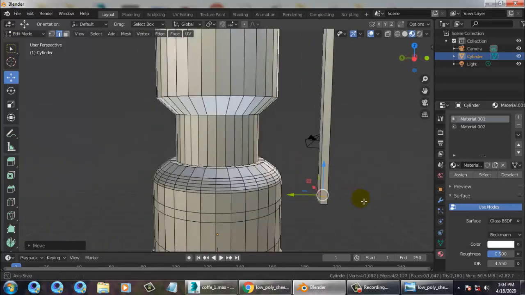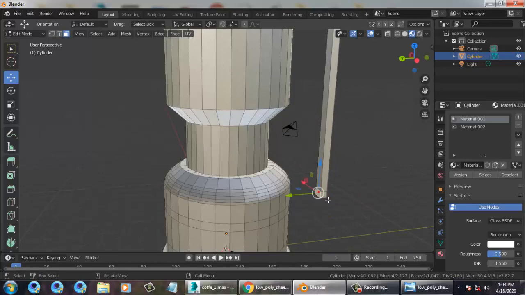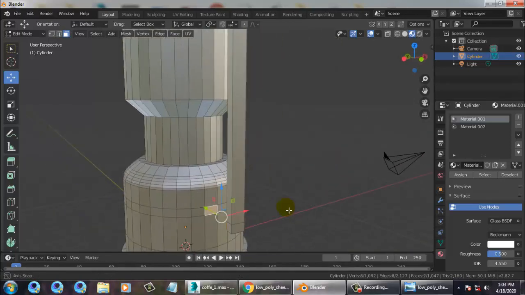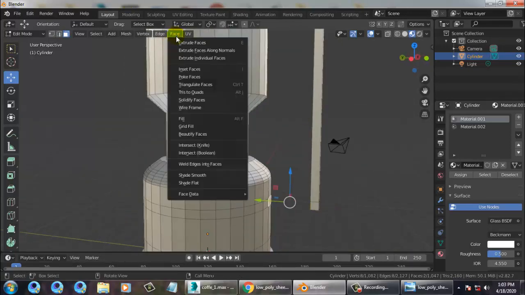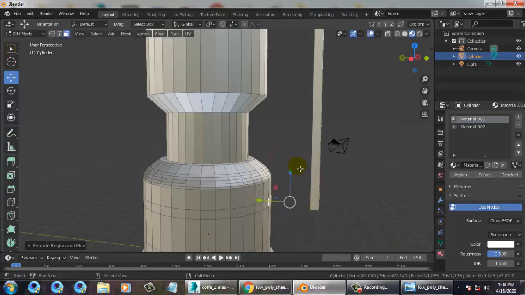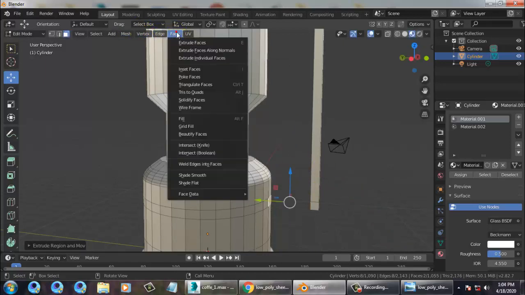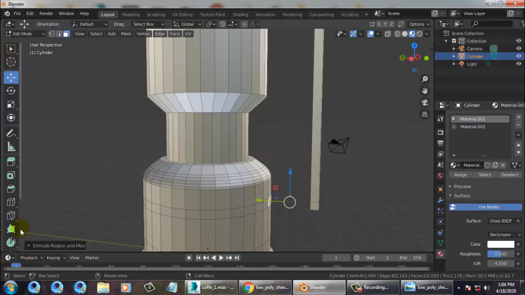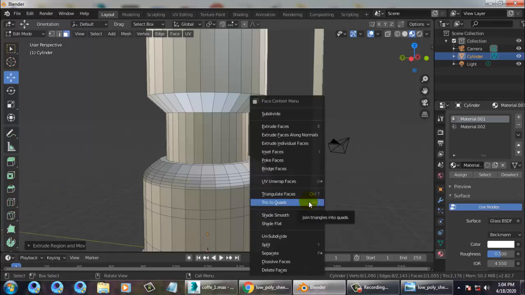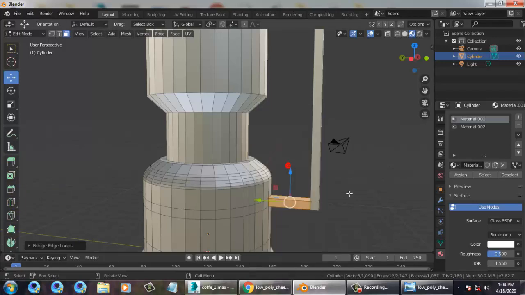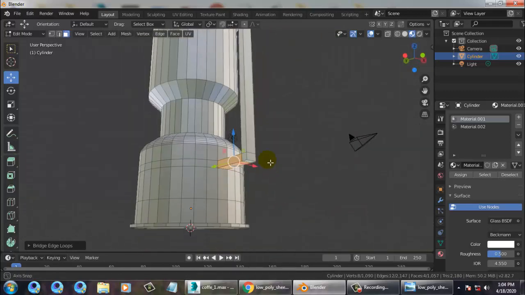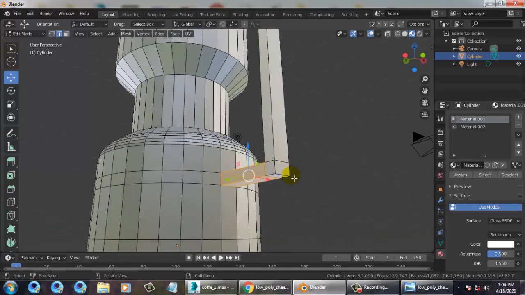So let's go into this face and this face, and you can go into this faces, or you can just bridge those elements. You can use a bridge option over here. So you can just bridge those faces. So right click and bridge those faces over here.